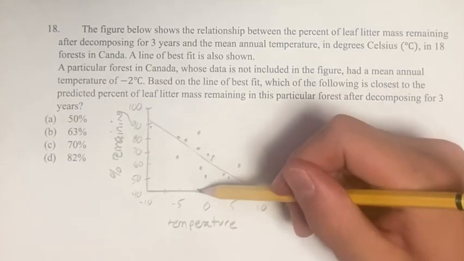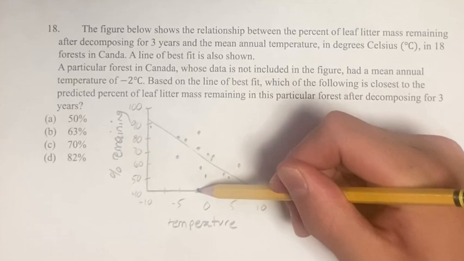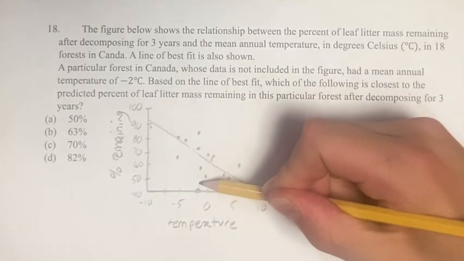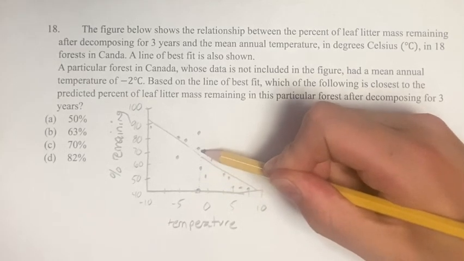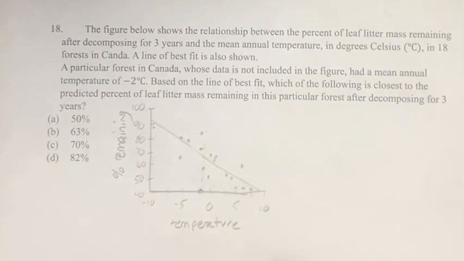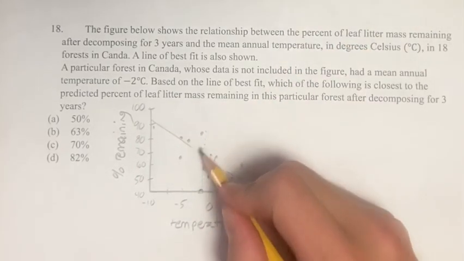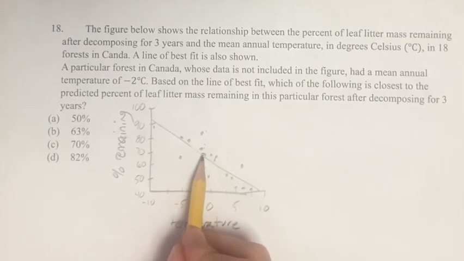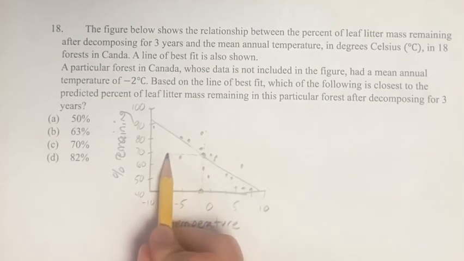So we're asked, for this x value, temperature, what is the expected y value, based on the line of best fit? So we find where the line of best fit hits an x value of -2. You just draw a vertical line straight up, and you hit it right about here. Now you want to find the y value of that, so you just go straight across until you hit the